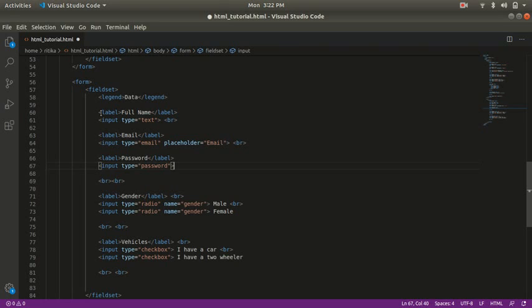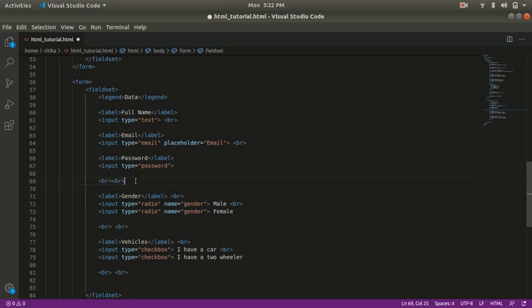I mean the input box. So this label and this input box are associated with each other, so I have not given any space here, but after this I gave a space. Then I made an email input box. Again, these are associated with each other, so I have not given any space, but these are not associated with each other, so I gave a space in between. Same with this password.